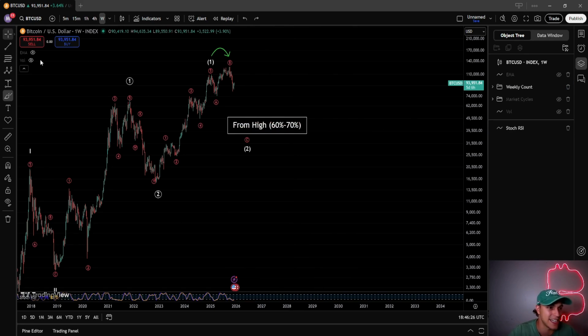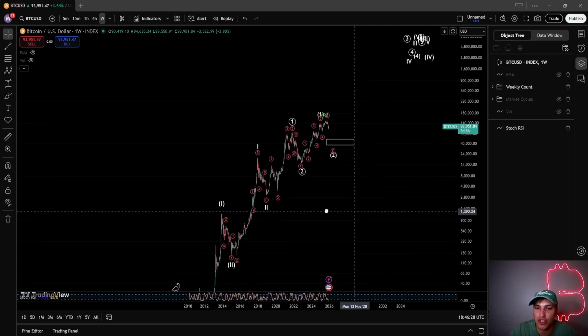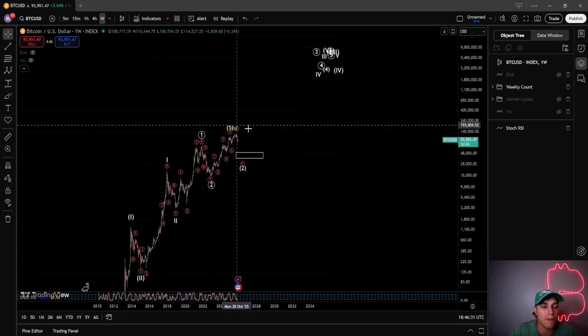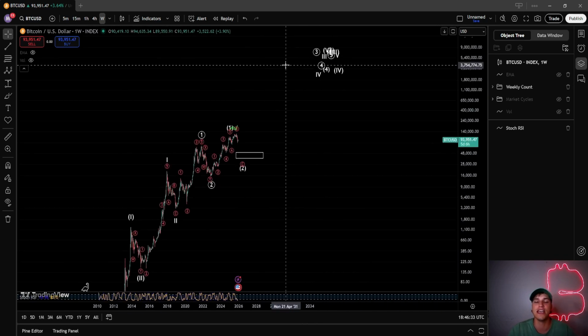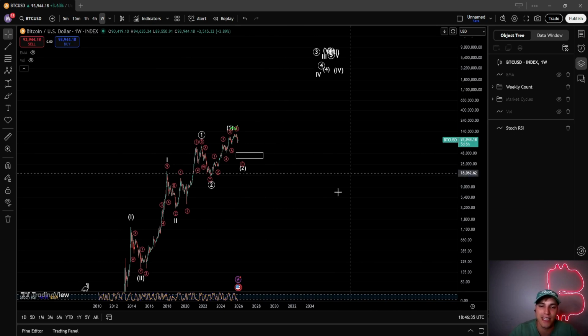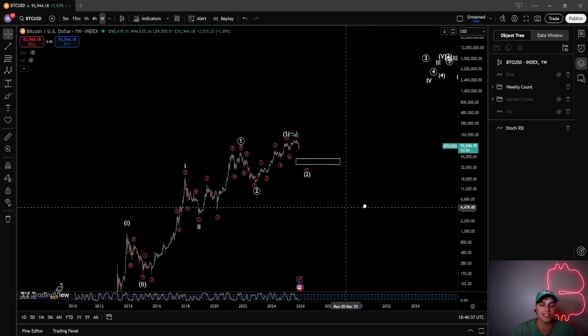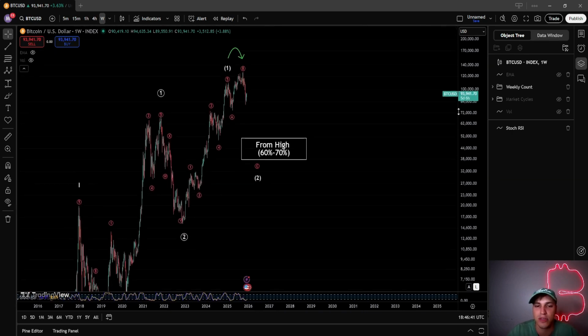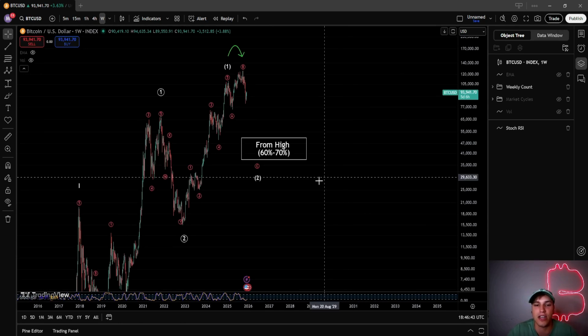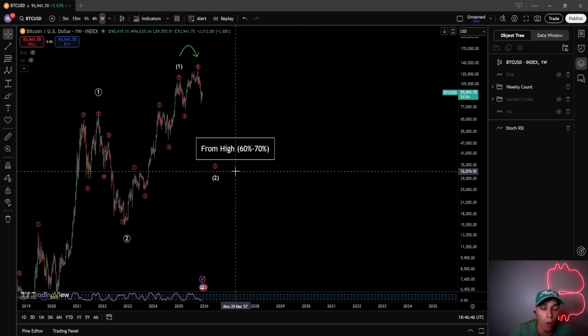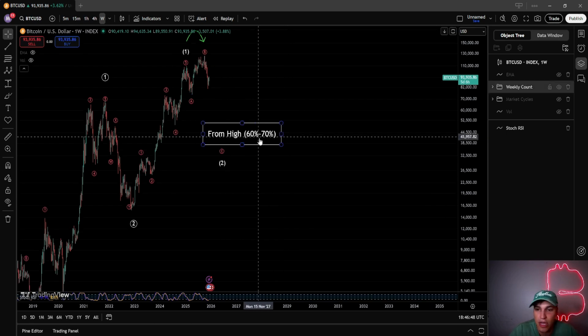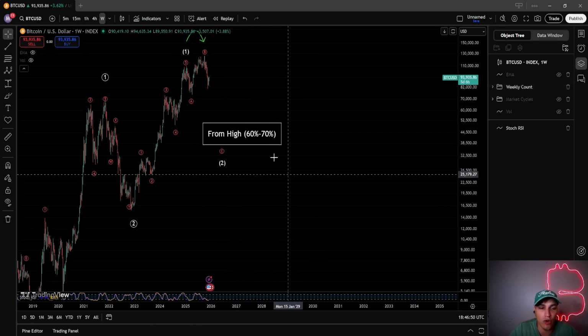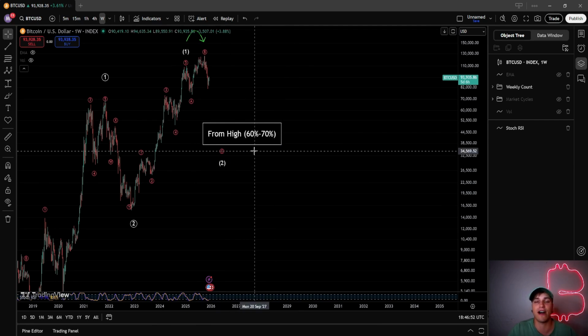If this is in our 1-2s, then our massive 3 is going to be huge, right? Seeing that $1 million Bitcoin definitely being touched there. So if that is what we are looking at, possibly a 60 to 70% correction, followed by even more. I mean, if we go back into a $20,000 range, that would be around 75-80%.